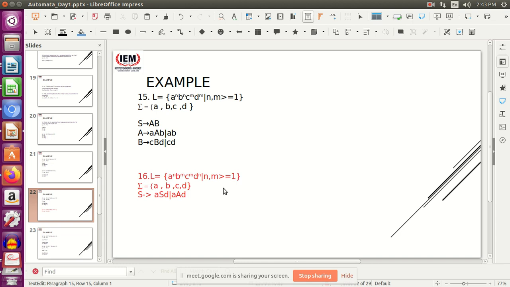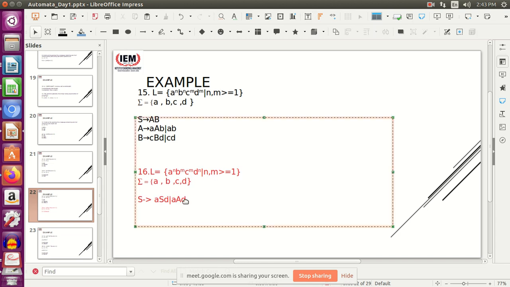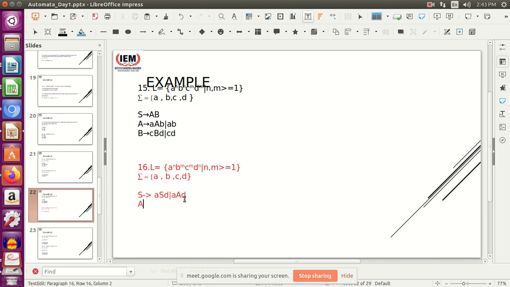Now this A can be replaced by B or C. In the middle what will we have? B, C. So I can have B, A, C, or BC. Now is this serving the purpose?